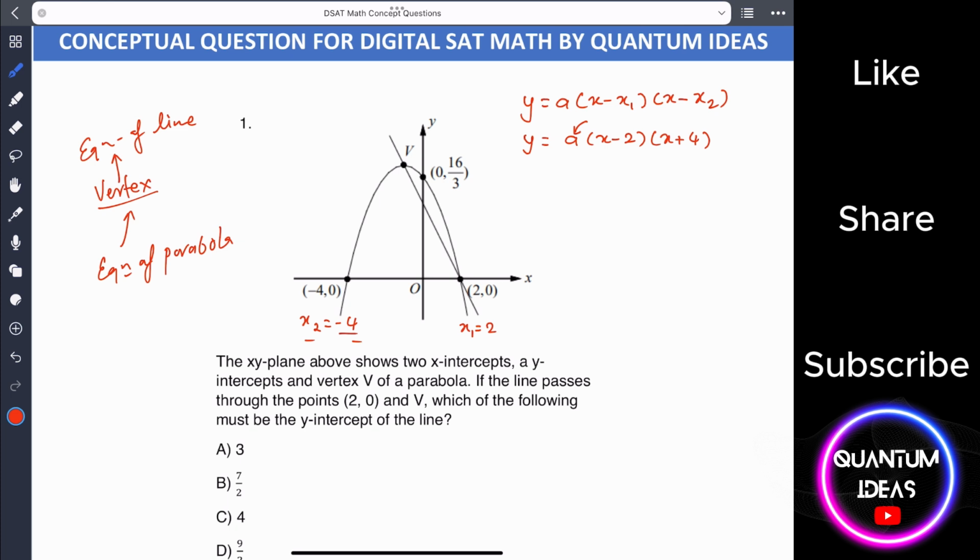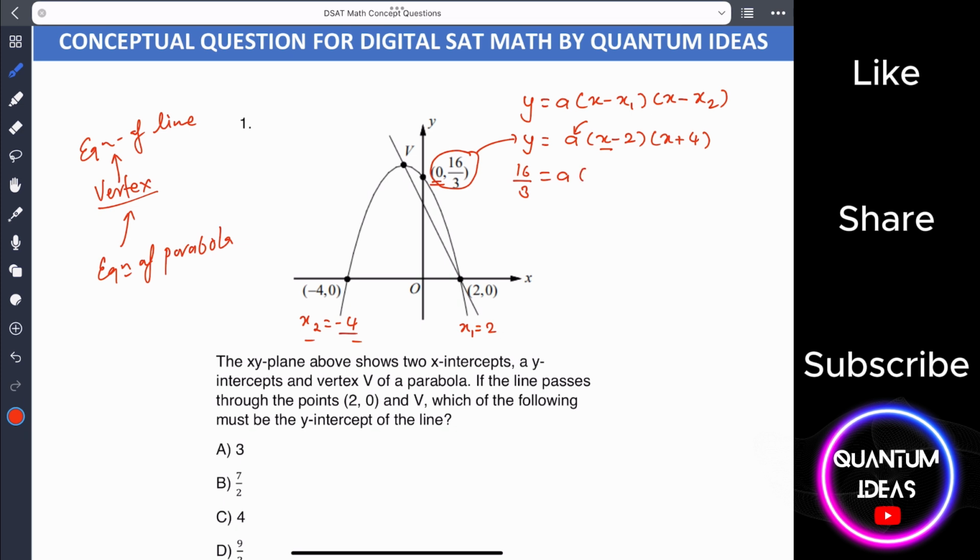In order to find the vertical dilation factor, we have to set x to 0 and plug in some value of y. To do that, we check the graph here. This part is given, which is basically the y-intercept of the parabola. This is given to find the vertical dilation factor. So plug the value of y here, that is 16/3 equals a times